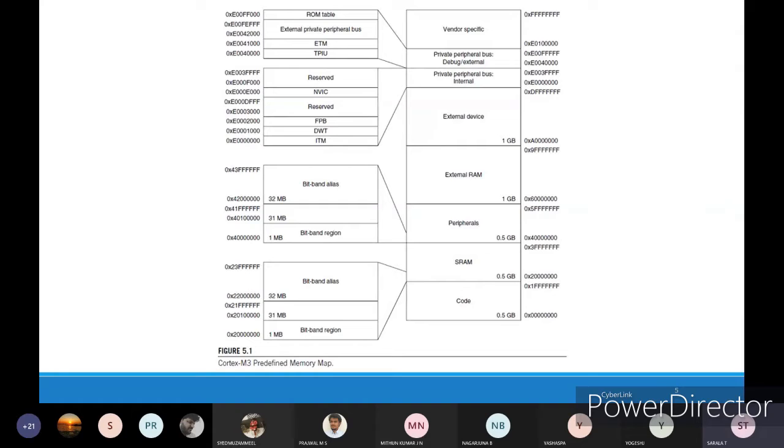The external private peripheral bus you have, and a ROM table which provides the vector table: how many external peripherals are connected, and what is the first address of their function or the first address of their interrupt. Okay, with respect to that you will be seeing it in the private peripheral bus. Vendor specific area is separate.